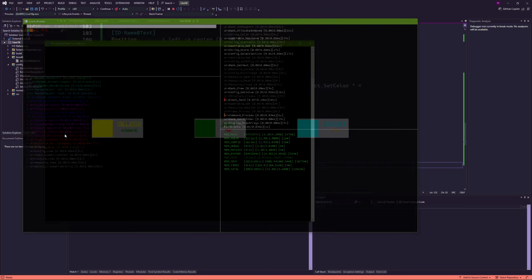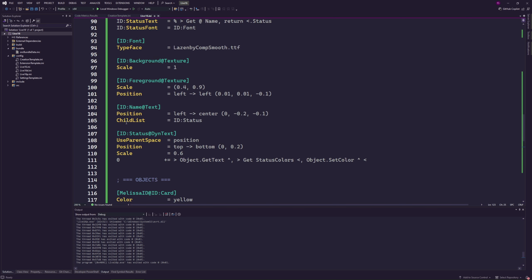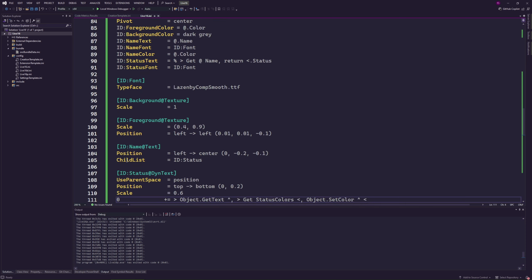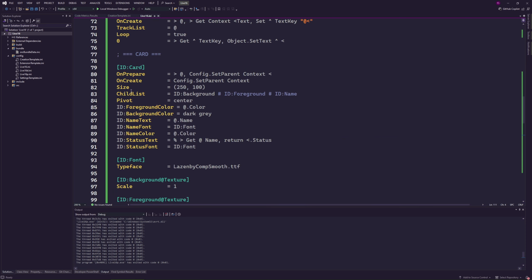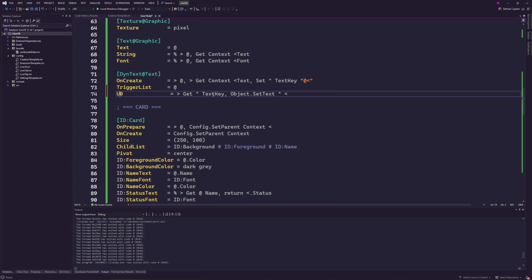And for that, instead of having a track running every frame, we can use a trigger instead. So what we're going to do here is remove the track list that we have here, and use a trigger instead. So trigger list, we're going to use ourselves, and we're going to say that the trigger is called update, for example, and only during the update we're going to run this code here.